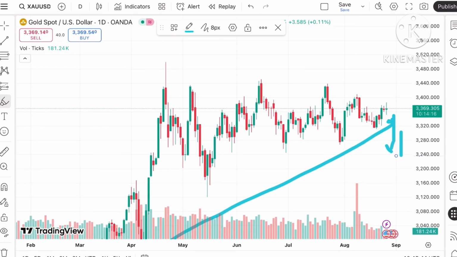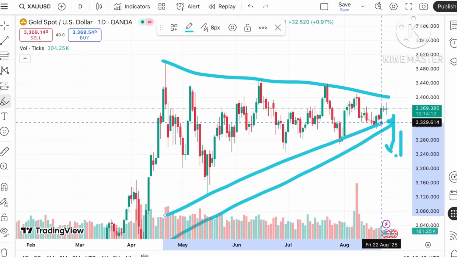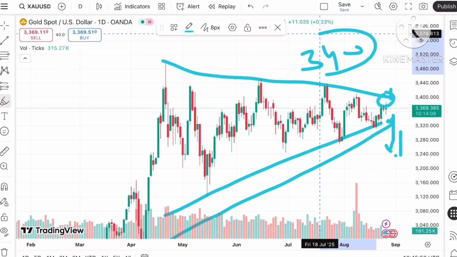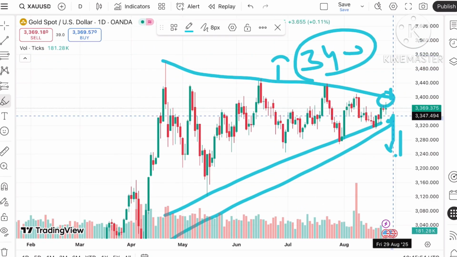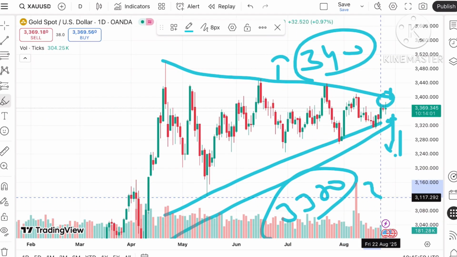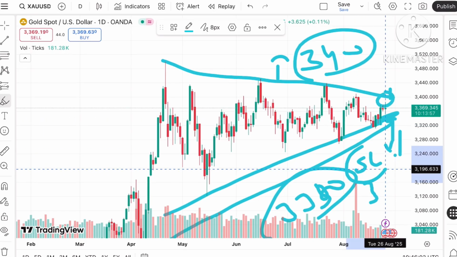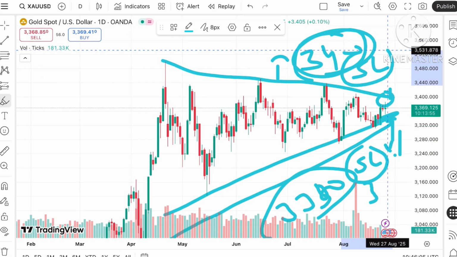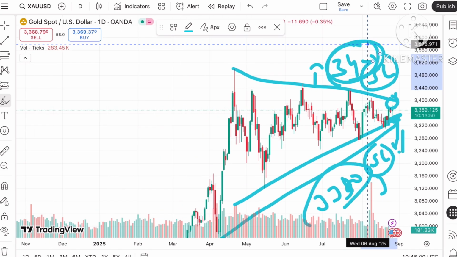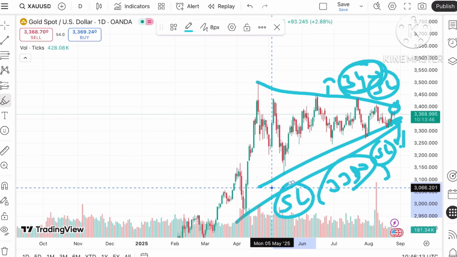So there can be high volatility on that particular day. If the price sustains above 3400, the price can go further upside, but if it breaks around a level of 3330 or 3340, keep that in mind. Always try to put your SL whenever the price comes close to this level. If there is a high chance of volatility, at least remember to trail your SL, so your capital and profit will be saved.